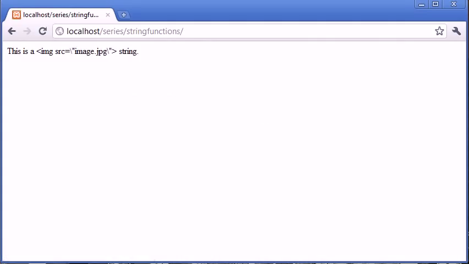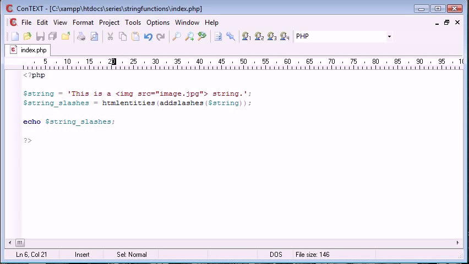So why would you want to strip slashes? Well, for example, data may be stored in a database if it was going to be produced onto a page for viewing, and you might want to add the slashes so this isn't passed as HTML code. Now, why would you want to strip the slashes? If you were, say, putting this data back into a text box for people to edit, so you might have this in an input text box, you'll want to strip the slashes before you put it into a text box for people to edit, and then you'll want to obviously add slashes when it's going to be viewed as plain text on a page